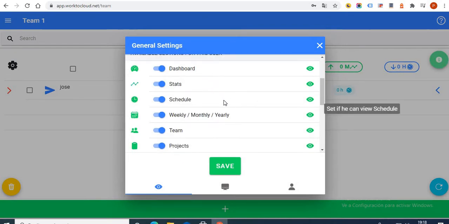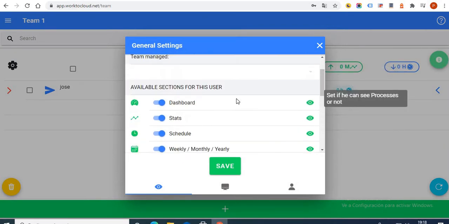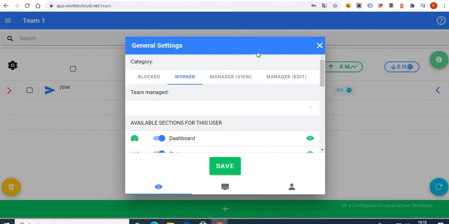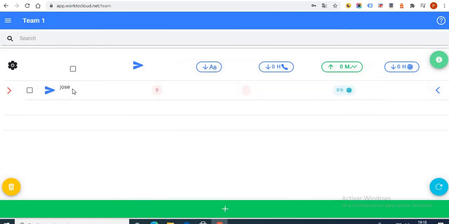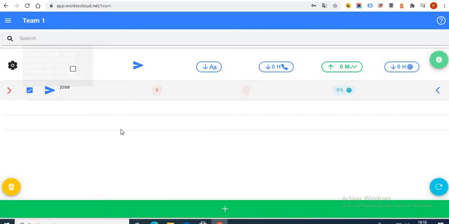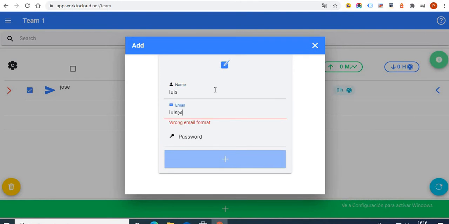This button is to set settings. This will be done in another video, but these settings will be applied to all the workers selected here. Okay, this worker is selected. I apply the settings. I click save. If I don't click save, I don't apply the settings, and these settings will be applied to as many workers as there are here. For example, to make it more visible, I will create